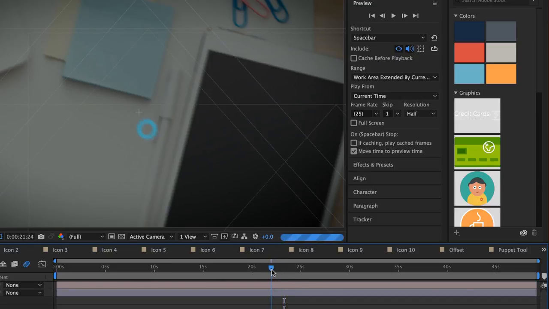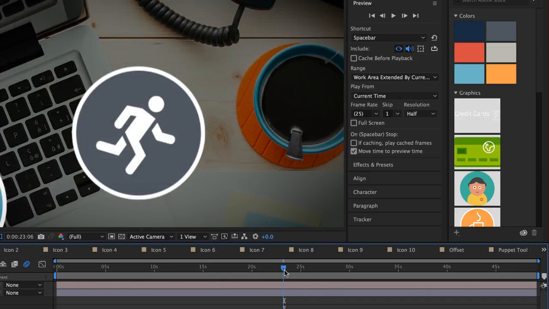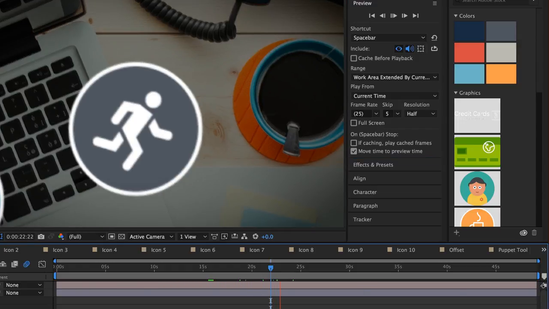Okay, but it's going to do its best to kind of render every second one. So it's going to be a little bit jumpy, tiny bit. I find it's hard to notice. Let's skip out 5 just so we can exaggerate this a bit. I never go to 5, but what I want to show you,